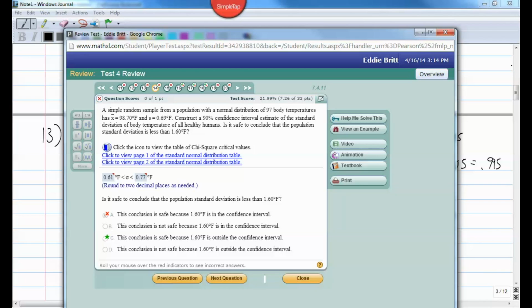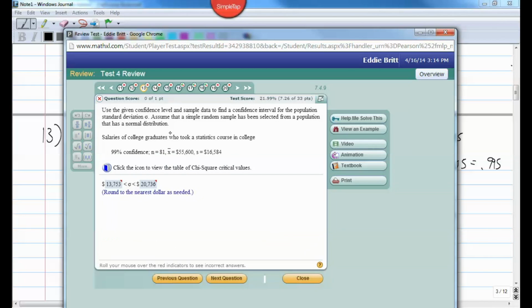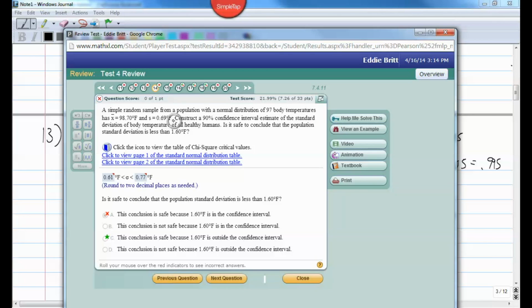Okay. So just like with the last problem, I don't think I pointed out, but with the last problem, they gave us the mean, but we didn't really use the mean. So it looks like we have a mean here, right there. Probably not going to use this either. We have a 90% confidence interval estimate, so